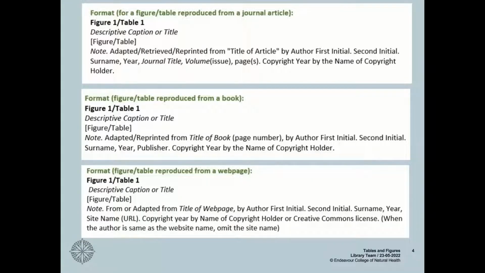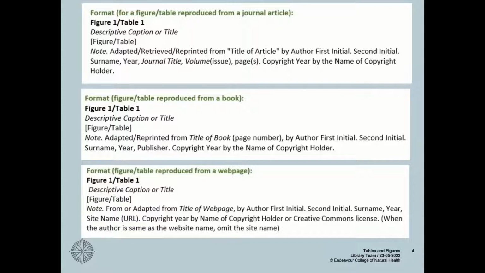Really, the purpose of today's video is to outline the kind of information you need to be capturing when referencing a table and a figure in your assignments. When I say figure, I mean anything that is a visual representation of information, whether that be a graph or something like a photograph, a picture found on the web. Anything visual requires a little bit more referencing than your regular in-text citations.